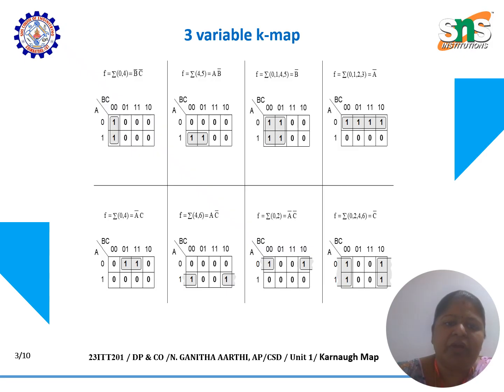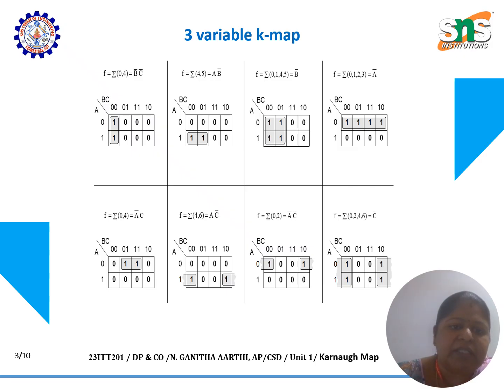We'll look at the first example, f is equal to the given function, that is, the Boolean expression given as f is equal to summation of 0 and 4, which is equal to b dash c dash. Here the 0 and 4 in the summation function have been taken as the min terms. Given that we have three variables, a, b, c are the three variables taken, and in the 0 and 4 positions of the squares